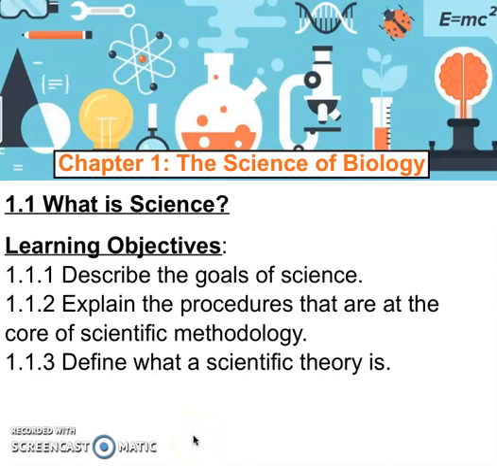All right, welcome to my first Edpuzzle in biology, chapter 1, the science of biology, specifically looking at section 1, which is titled, What is Science? We have a couple learning objectives for today: describe the goals of science, explain the procedures that are at the core of scientific methodology, basically the scientific method, and then define what a scientific theory